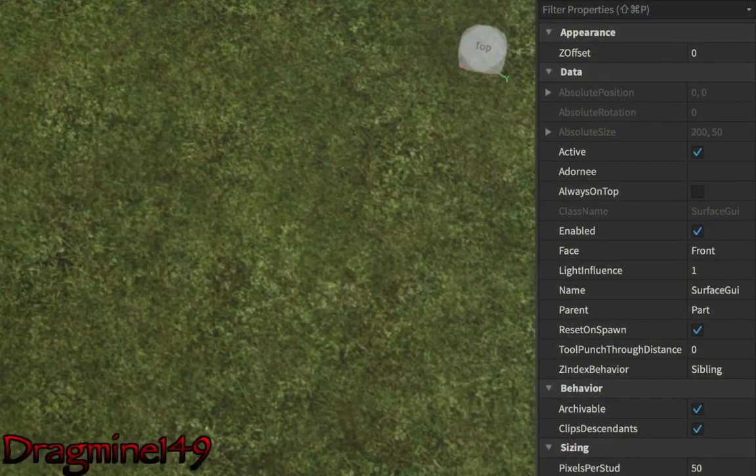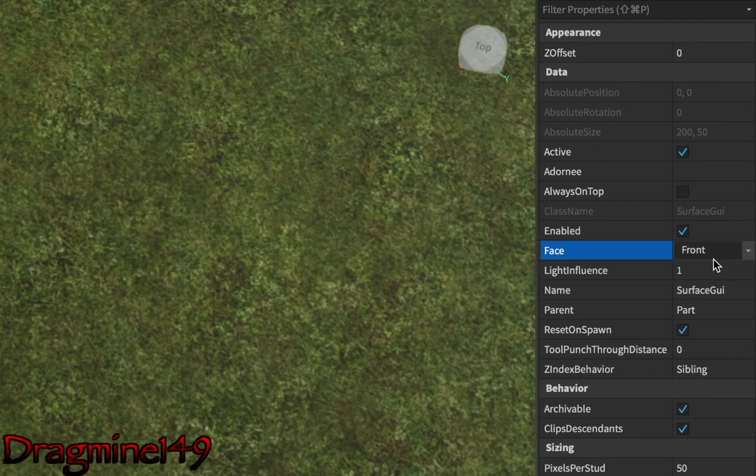In the surface GUI you've got all of the same things, but you've got this face, front. Before you could usually find out what face you have, but now you've got to guess. If you spawned it using how Roblox spawned it, top should be the top. You've got all of these for pixels per stud, and then they're always on top.